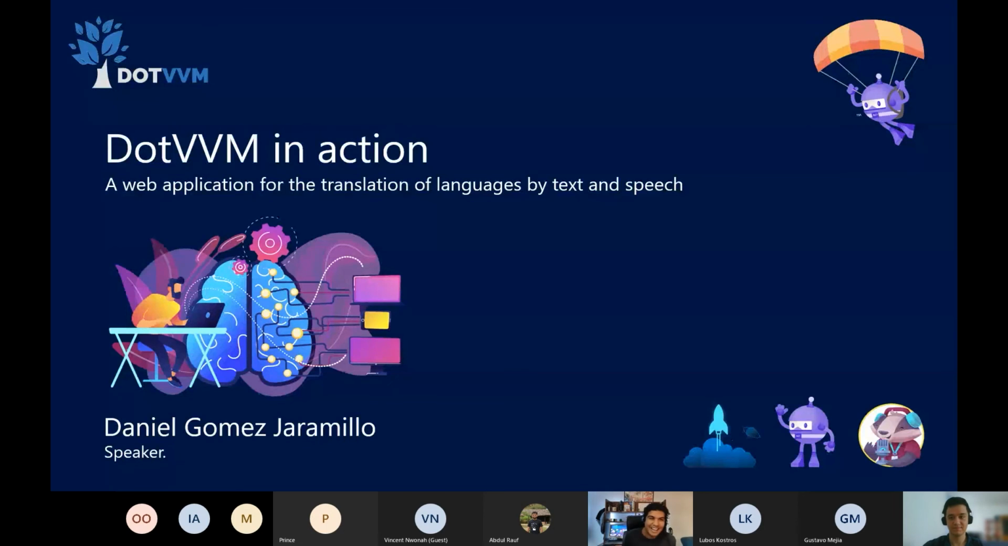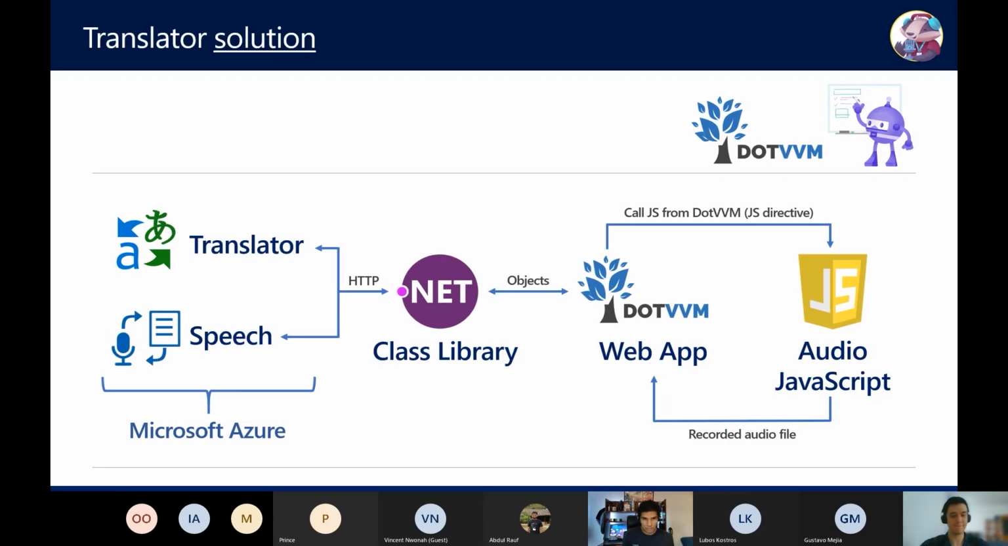As we can see, this is an application for translation of languages by text and speech, and this is the translator solution. The first point in this demo: we are using Azure resources in this case to help us translate the text, for example, and also to interpret our voice. That is, for example, we can send our voice, and that speech resource